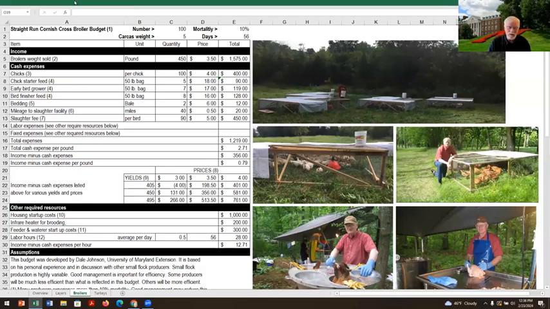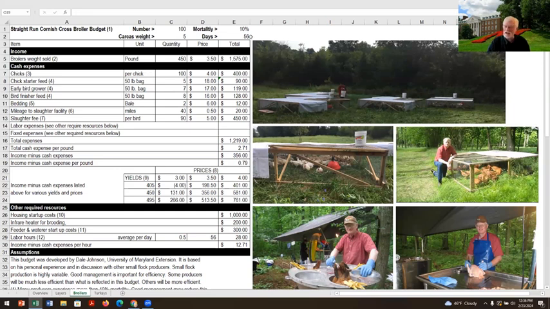Well, now, the nice thing about a straight run of Cornish crosses and broilers is that you can have different weights if you want. Okay, the hens are going to weigh less than the males. All right, and you can pull some birds out at different times at different weights. So the one thing you might do here is just say, okay, what is my average weight? Your average weight might be 6 pounds because you're dealing with different customers, or 7 pounds. So I think average weight is a better way to look at this.